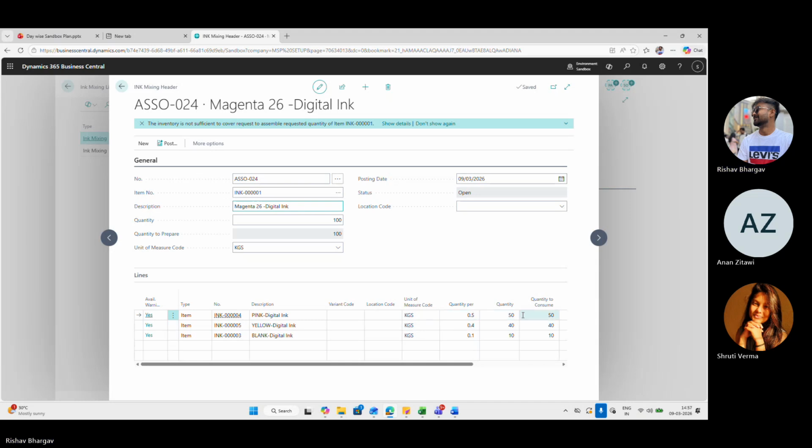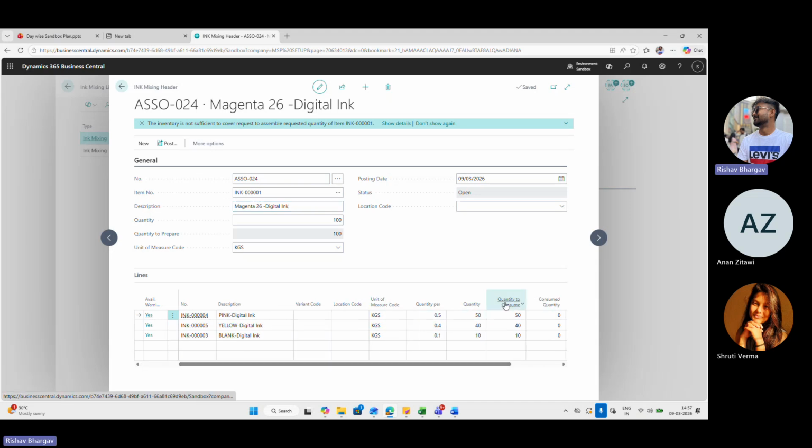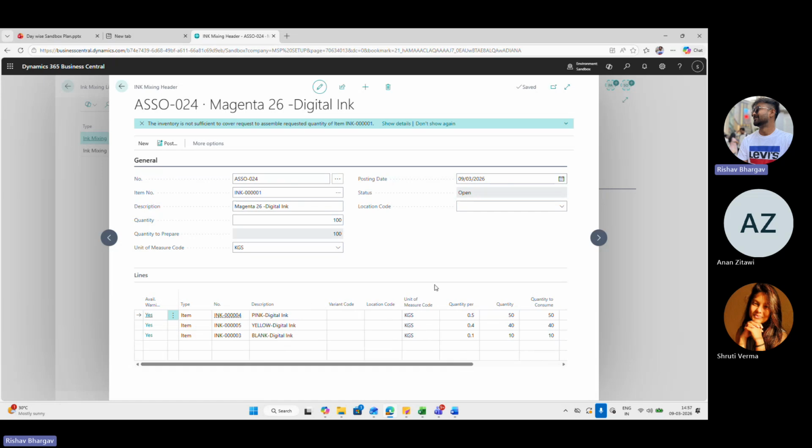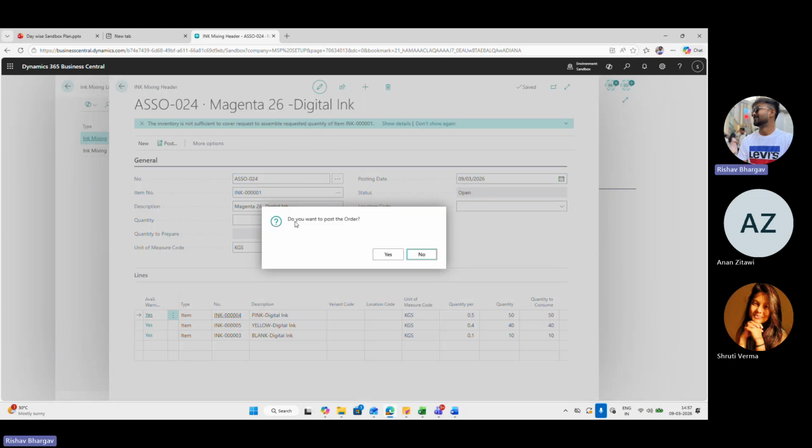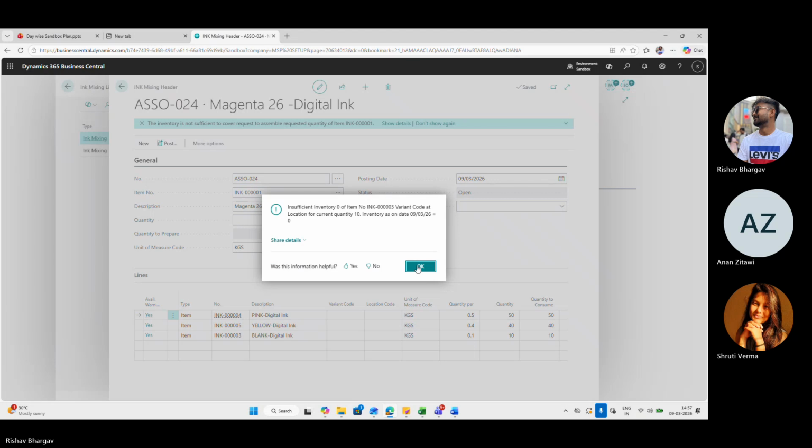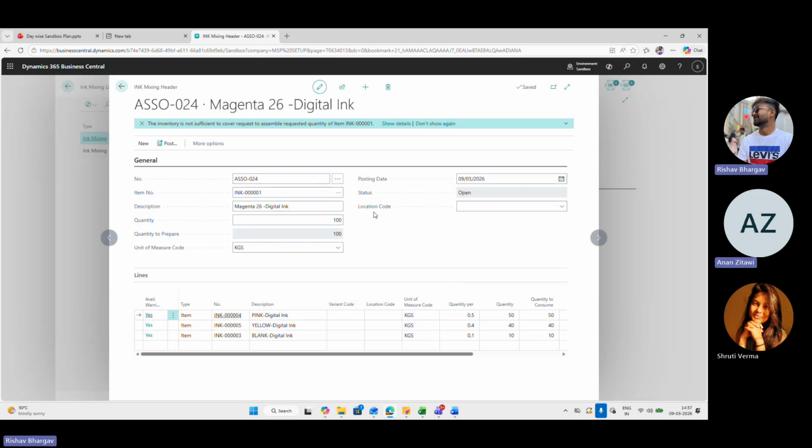It is all calculated here, quantity to consume. For making this ink, you need to post it. Do you want to post the order? Yes.